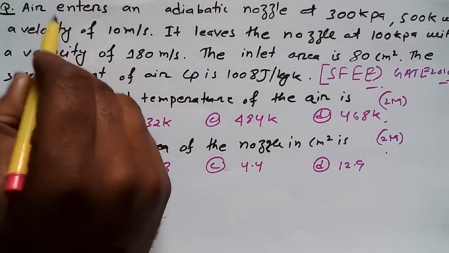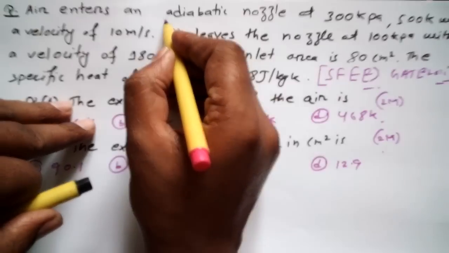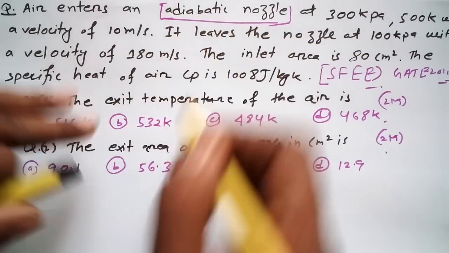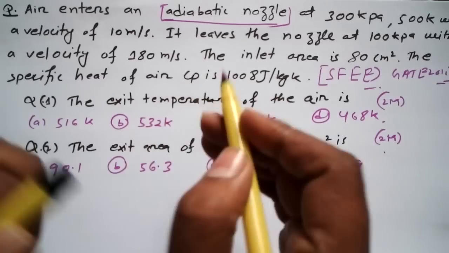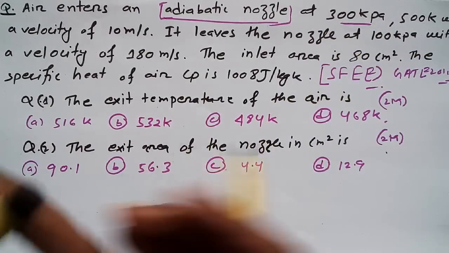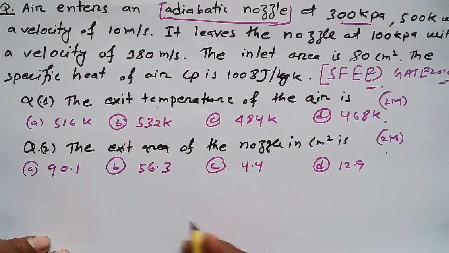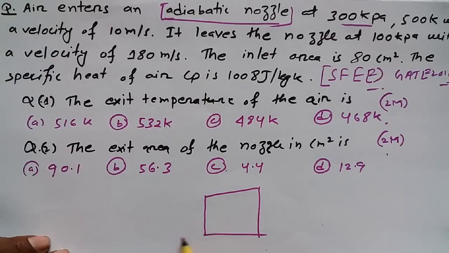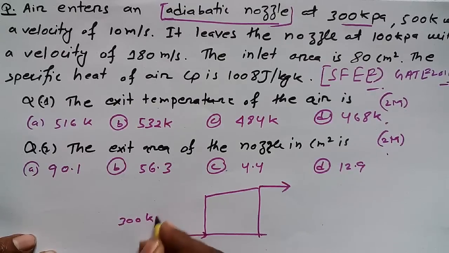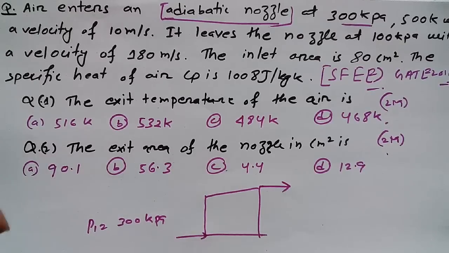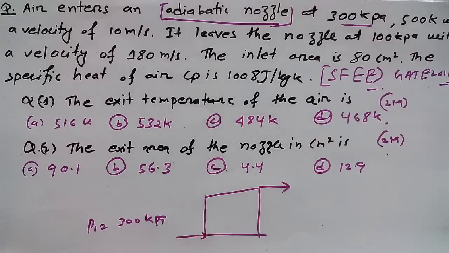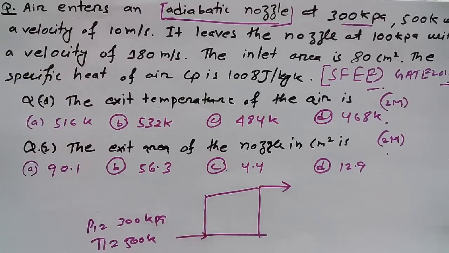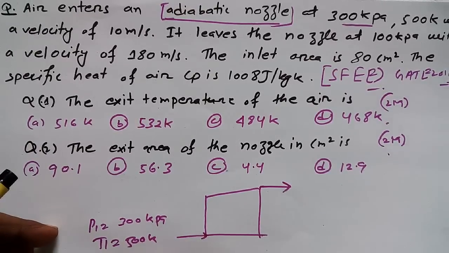In this question, air enters an adiabatic nozzle, so this is a question on a nozzle, at 300 kilopascal and 500 Kelvin. Let me draw a nozzle, with the entry here and the exit here. I'll assume P1 is equal to 300 kilopascal, and the inlet temperature T1 would be 500 Kelvin, as well as the velocity V1 is equal to